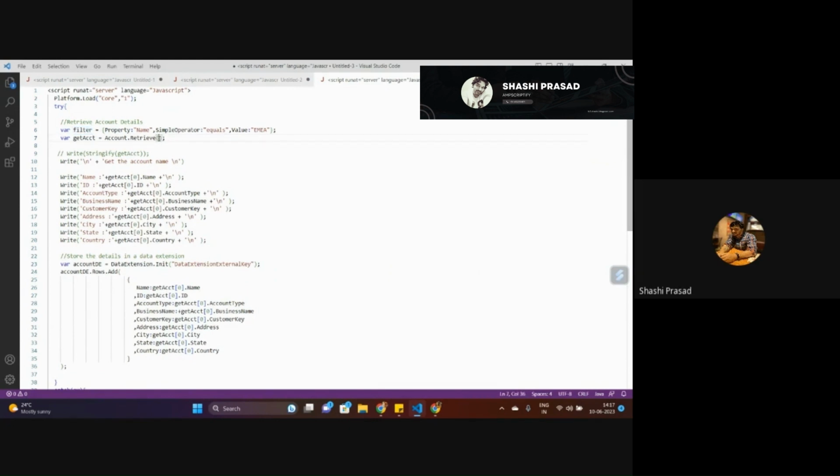Inside the config or filter, I added a parameter, one ordinal, right? Now it will retrieve for me a business unit called IMIA. Okay. Now, if you say simple operator, if you modify it to like, and I say like